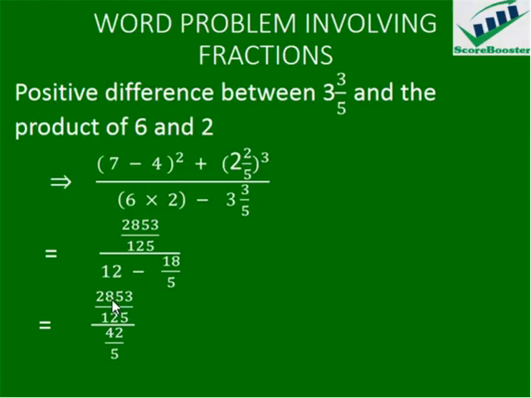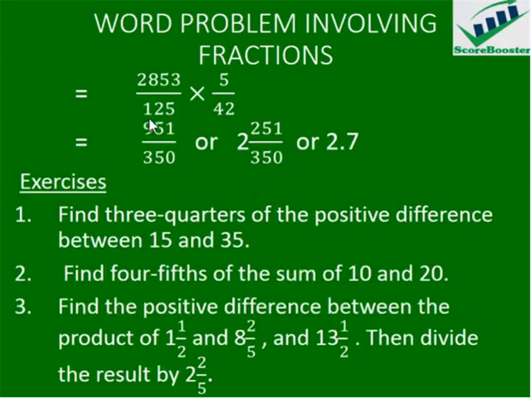So here we have 2,853 divided by 125, everything divided by 42 over 5. This can be written as 2853 over 125 divided by 42 over 5. But when that division sign changes to a multiplication sign, your numerator becomes your denominator and your denominator becomes your numerator. That is why we have 2853 over 125 times 5 over 42. So we use a calculator for this. The result you get is 951 divided by 350, which is the improper fraction,